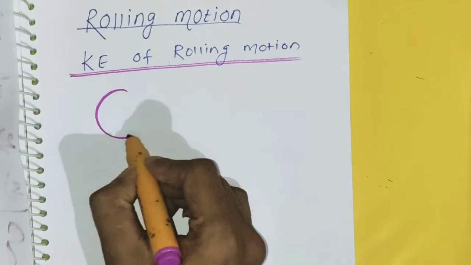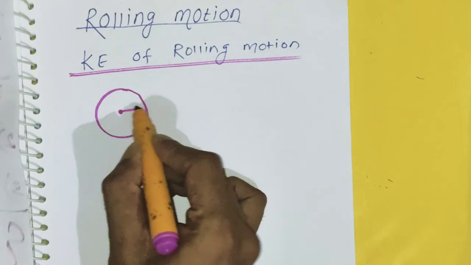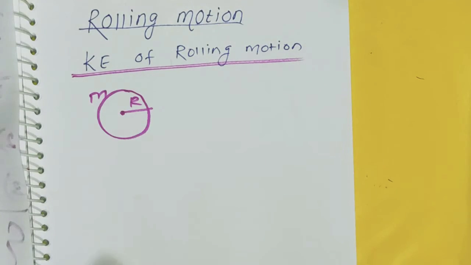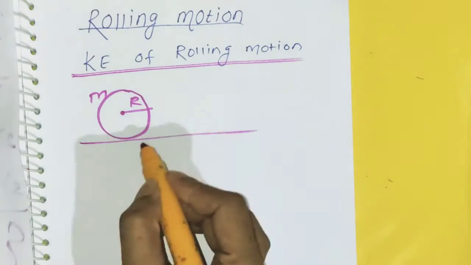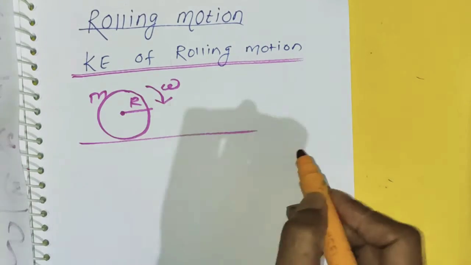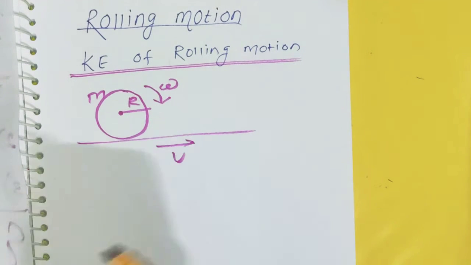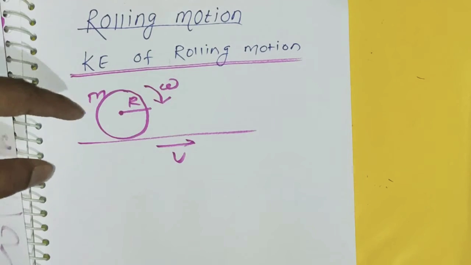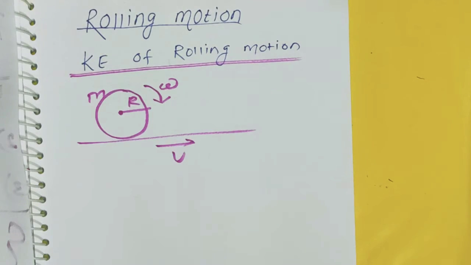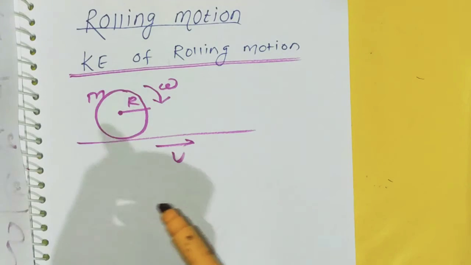So this is a sphere whose radius is r and mass is m, rolling on this plane surface, where omega is its angular velocity and v is the linear velocity. In case of rolling motion, first we have to understand that when the object is rolling,